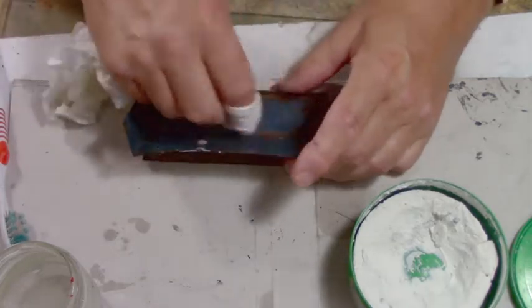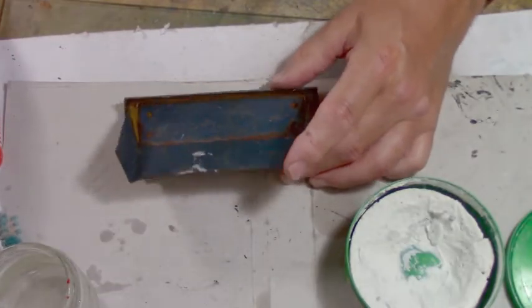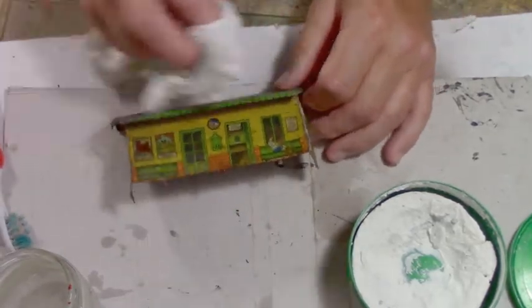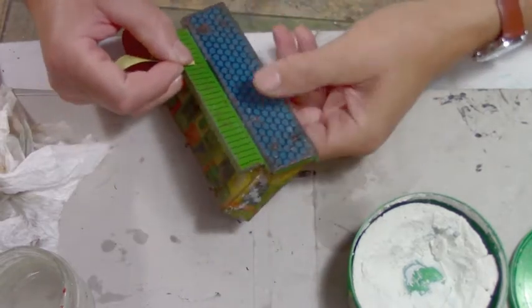Anyways. There we go. That's how I clean my toys up. There's a bit of white here. Anyways. Voila. So if you want to be a bit more gutsy, you take 600 or 1200 wet and